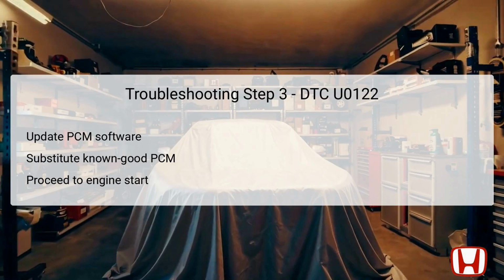Step 3 involves either updating the Powertrain Control Module (PCM) software to the latest version available or replacing it with a known good PCM. Software versions can affect the functionality of modules, and miscommunication may result from outdated programming. Updating addresses potential software-related causes for the DTC. If updating isn't possible or doesn't resolve the issue, substituting with a confirmed functional PCM can rule out the possibility